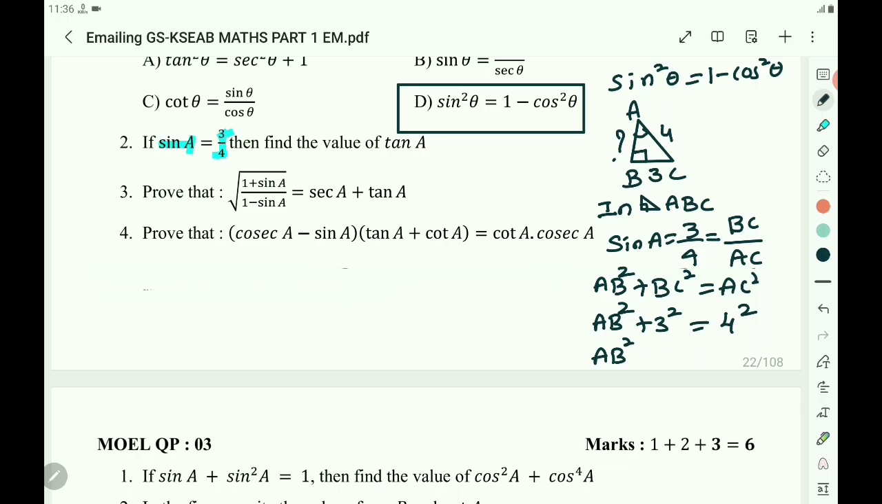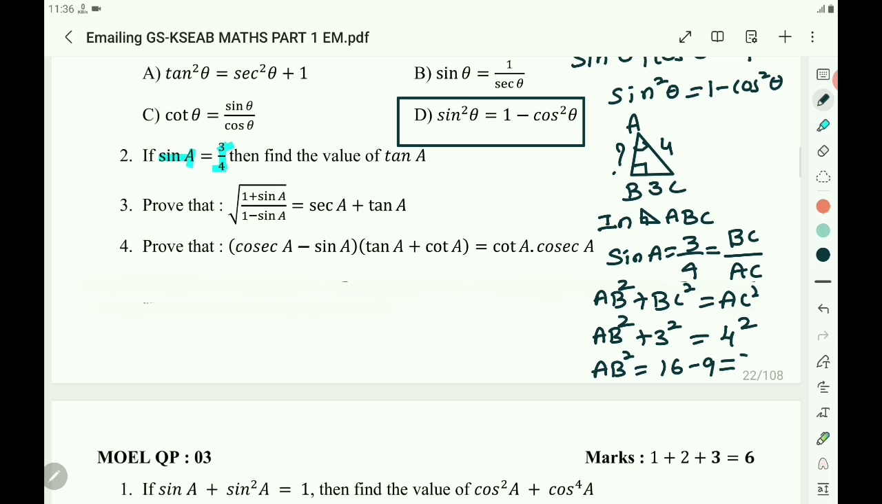AB square equals 4 square. You can directly write 16, 4 square minus 3 square, 16 minus 9 is equals to 7. Then AB is equals to what? Root 7. Then you write tan A is equals to